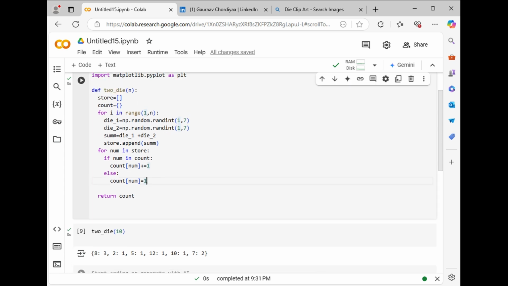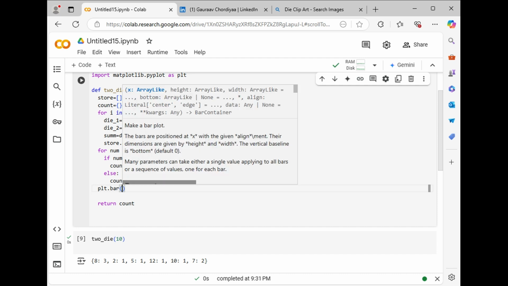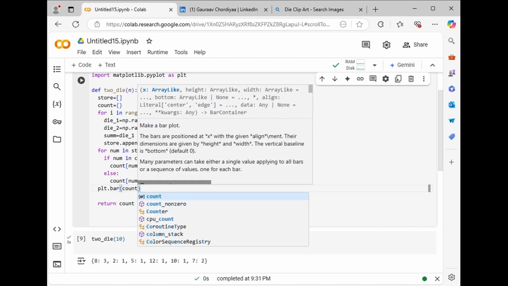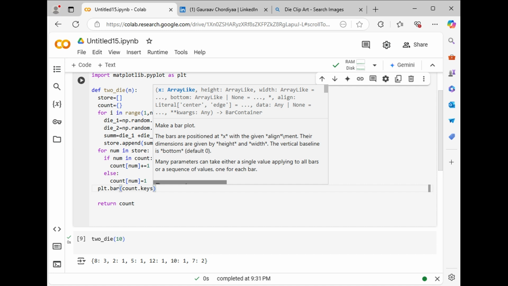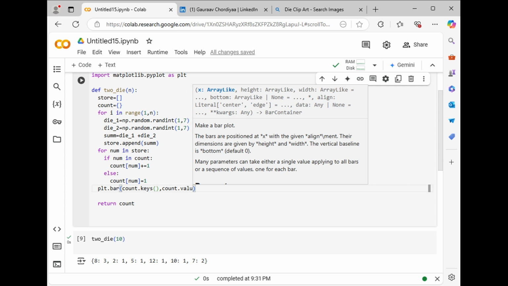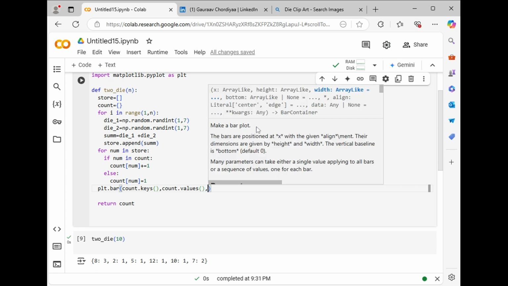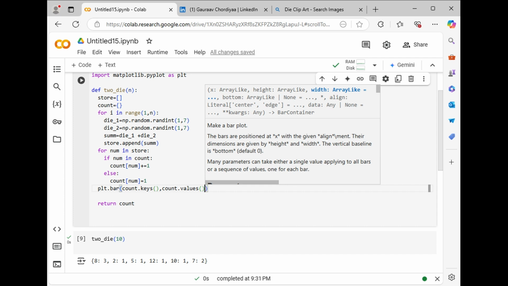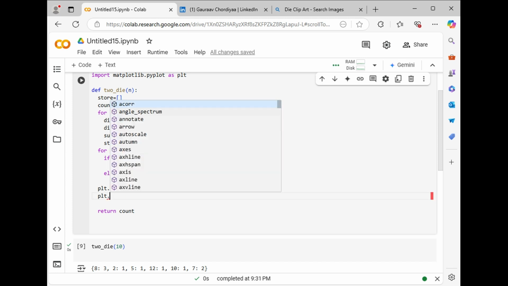frequency over here. So let's use plt dot bar, and to that bar we will provide count dot keys and count dot values. We'll provide those things. And one more thing we need to provide here is the, क्या प्रोवाइड करना चाहिए यहाँ पे, I need to check that, but let's see कि हमने ये प्रोवाइड कर दिया. तो after that what we need is plt dot